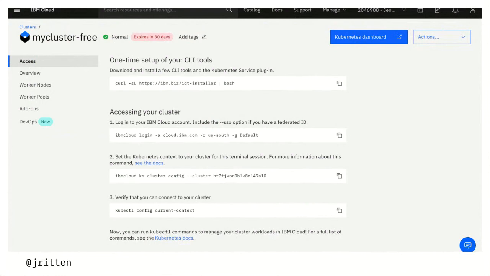You're going to enter in the curl command to set up your CLI tools. Then you're going to access your cluster from your IBM Cloud account. So if you enter in this second CLI command here, ibmcloud login, it's going to allow you to log in to the IBM Cloud account that you just created.